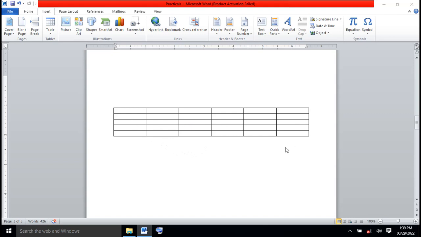Let's see. 1, 2, 3, 4, 5, 6. Great. It has 6 columns. How about the rows? 1, 2, 3, 4, 5. Good. So I'm going to modify, or we're going to modify this table so that it looks exactly like the one that you have. This table is good, but it has 5 rows, and we want one that has 6